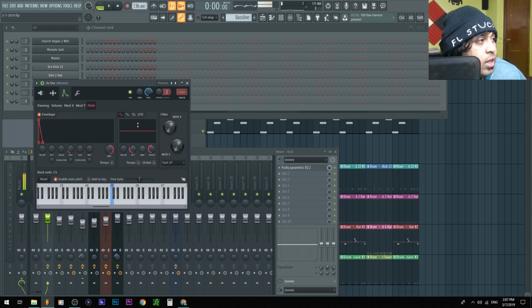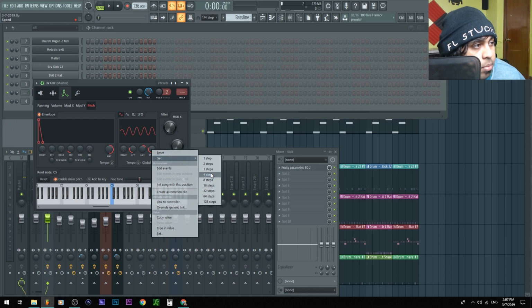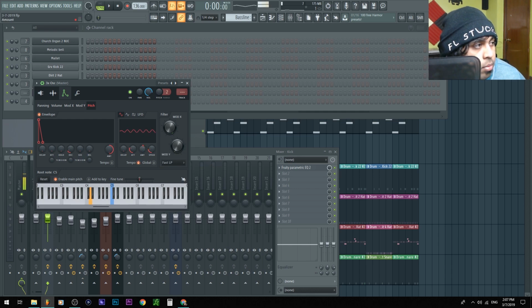We can even change the LFO or give it like a wiggle, like a dubstep. So the attack is basically, after you press it, does it fade in or does it come in quick?